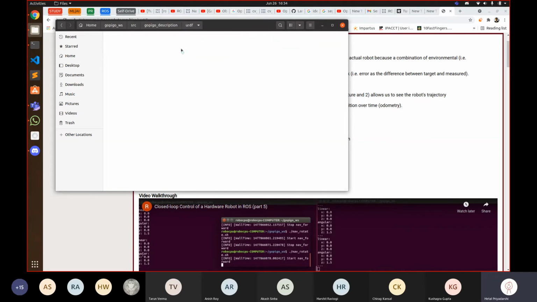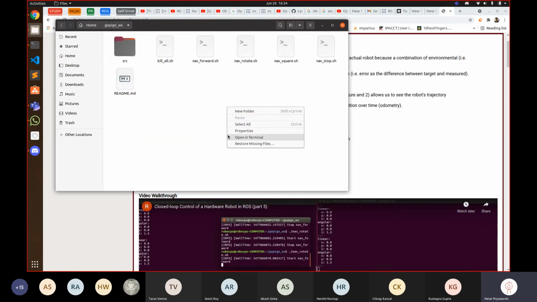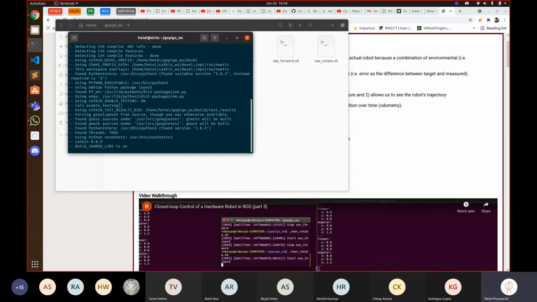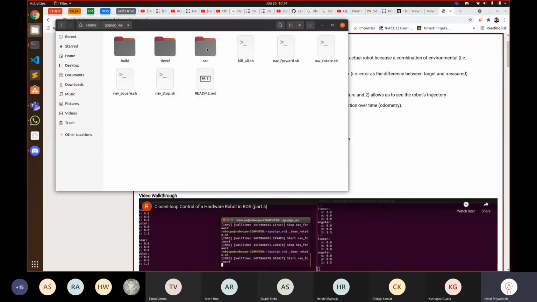In fact, if you just run the commands that the tutorial tells you to, you'll get several errors, right? So these tutorials are just meant for you to get an idea of what all you have to do when making a robot of your own, right?